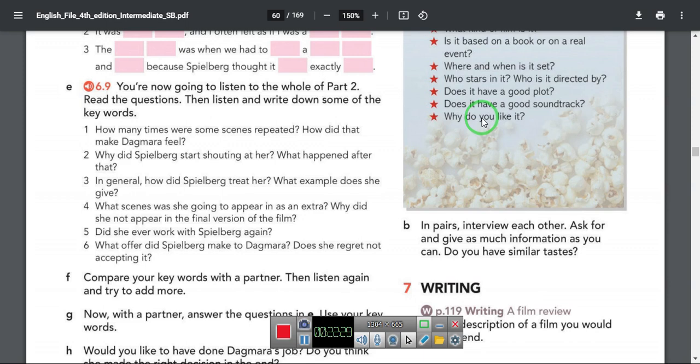Have you ever worked with Spielberg again? Yes. A year later, he invited me to interpret for him again, this time during the premiere of Schindler's List in Poland, which was broadcast live on national television. Before that, he had also asked me to come to work as a production assistant on his next movie in Hollywood. I was very tempted and thought really hard about it, but I hadn't finished my studies yet, and all my family and friends were in Poland, so in the end, I decided not to go. Oh. Do you regret it? Not at all. I had my moment, and it was unforgettable, but that was it.